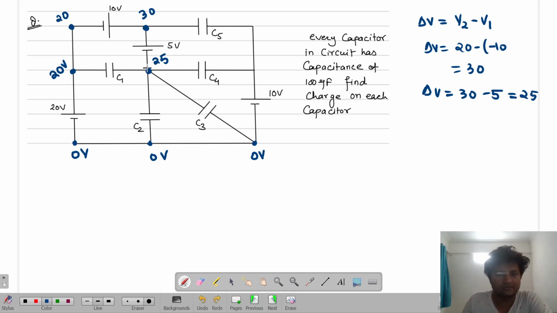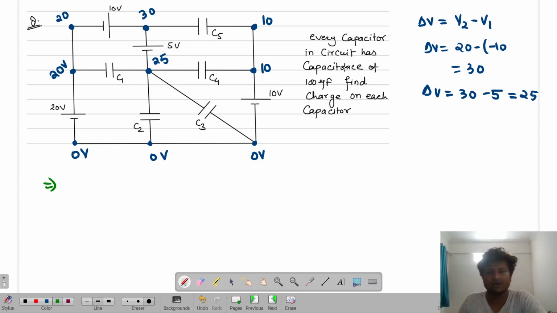Next, if this is 25 and it is parallel, then once again you see that this is connected with the battery or not. Here it is 10. So this is 0, so this will be only 10 volts or not. And here if it is 10, here there is only one line, so this one will also become 10. Now you got the total potential on every part. On C1 also you got, C5 also you got, everywhere you got.